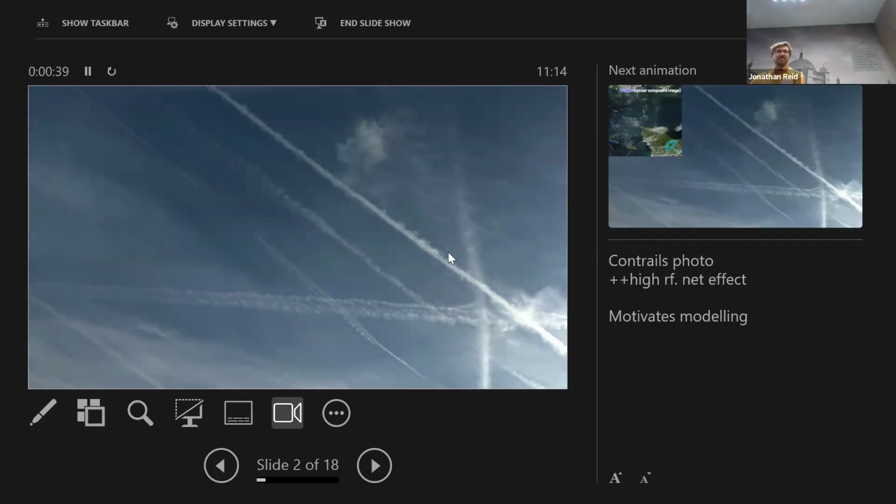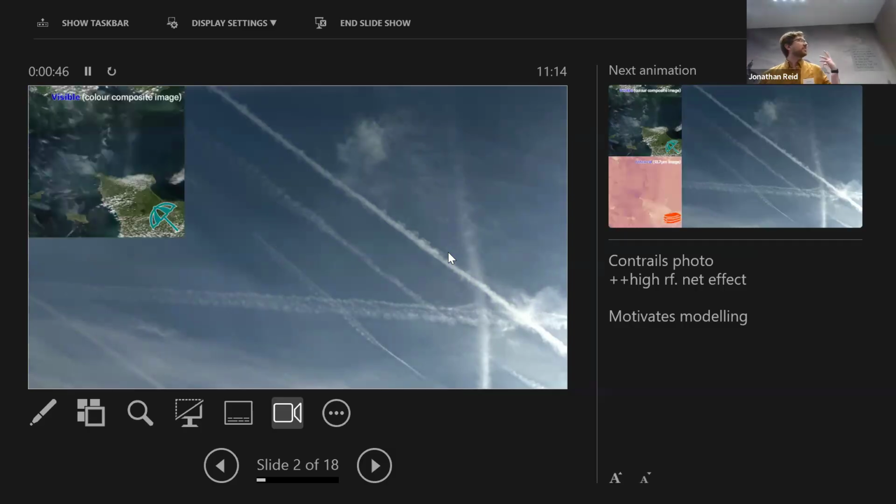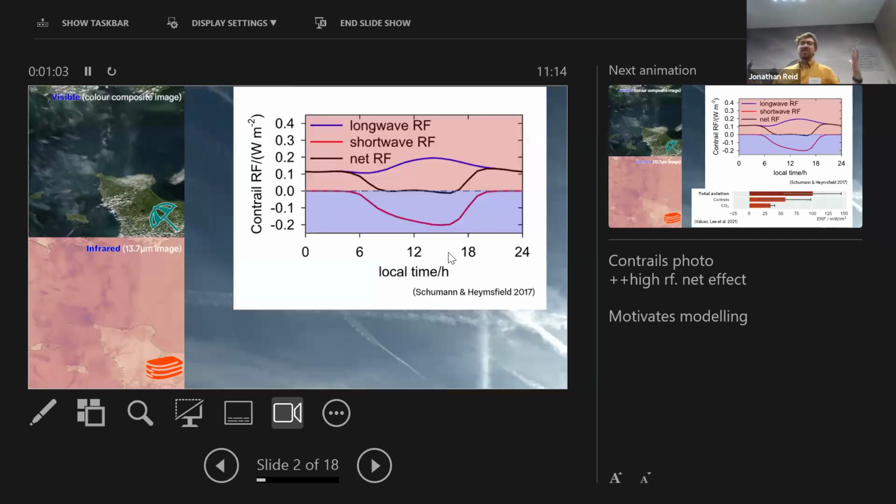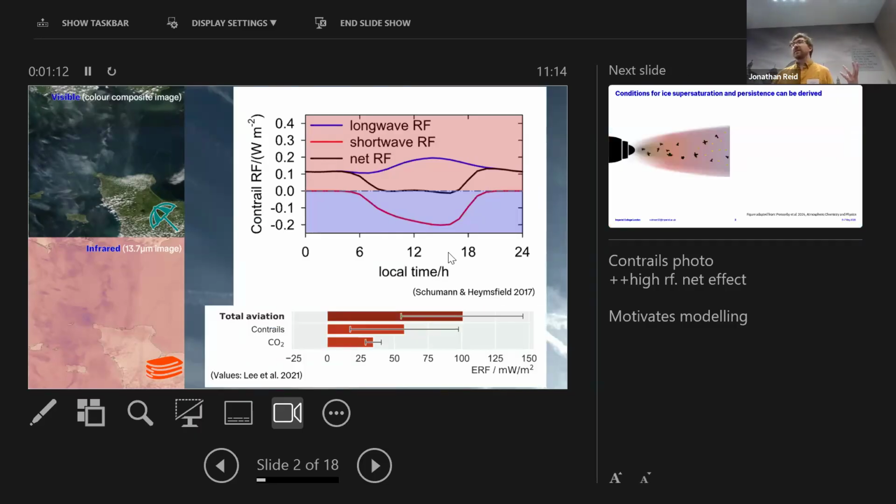aviation and are a part of the human impact on the weather and on the climate, and they've got their own radiative effect. So they interact with visible radiation. They're reflecting solar radiation back into space, which is a cooling effect, but then they've also got this warming effect, which is like a blanketing. It's essentially like a greenhouse gas effect. And these two different effects balance, but because the sun only shines during the day, it winds up being a net warming.